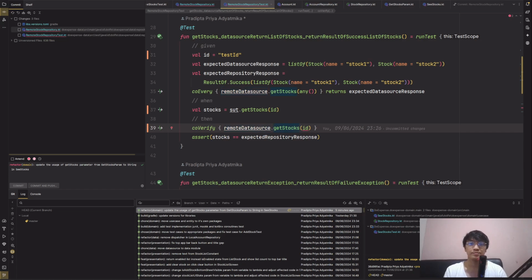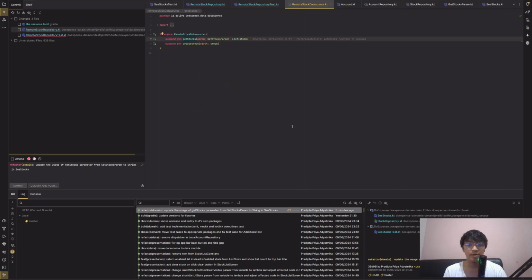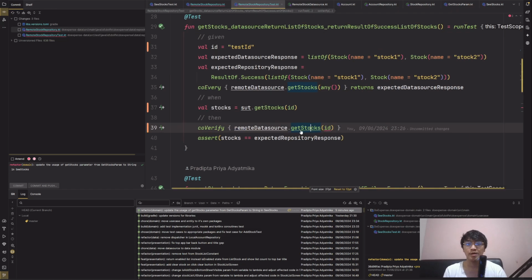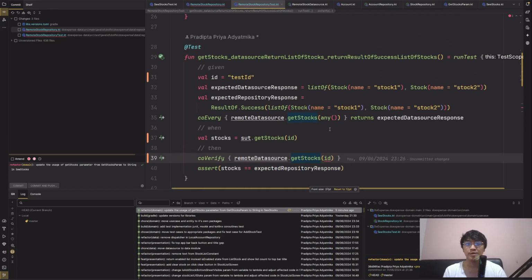Why? Because the data source needs getStocksParam. We have to change it too, because I need to change it from data class to string type.